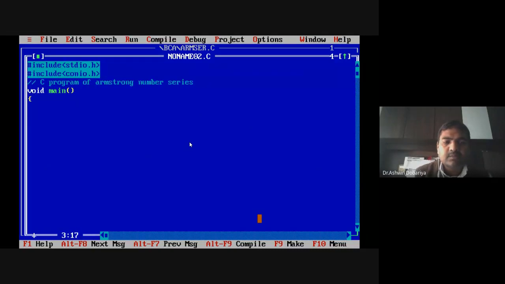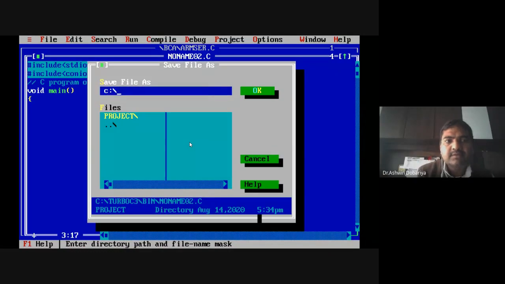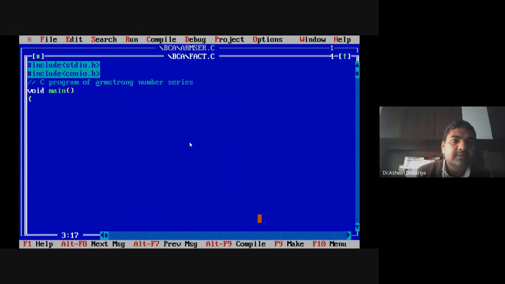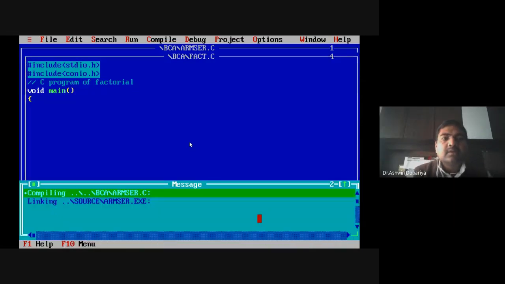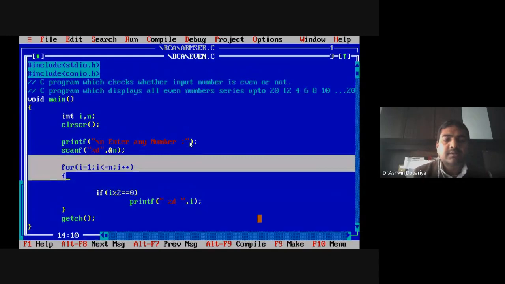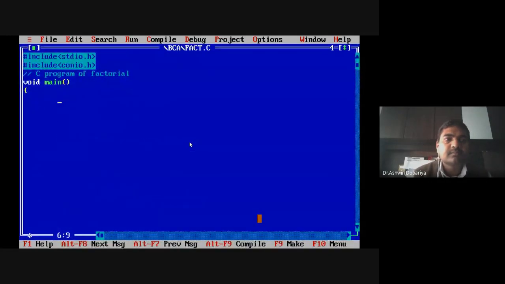Let me save this first as fact.c, program of factorial. So first, I have to take one number from the user.